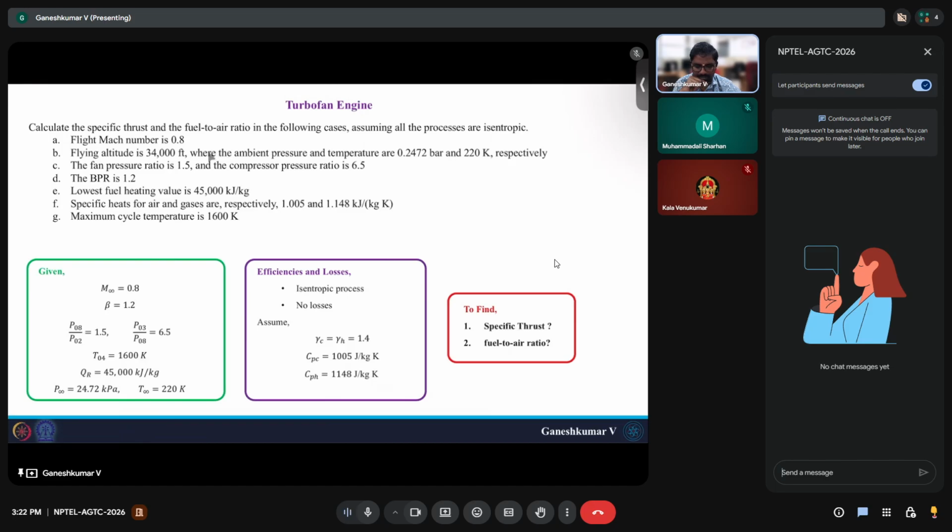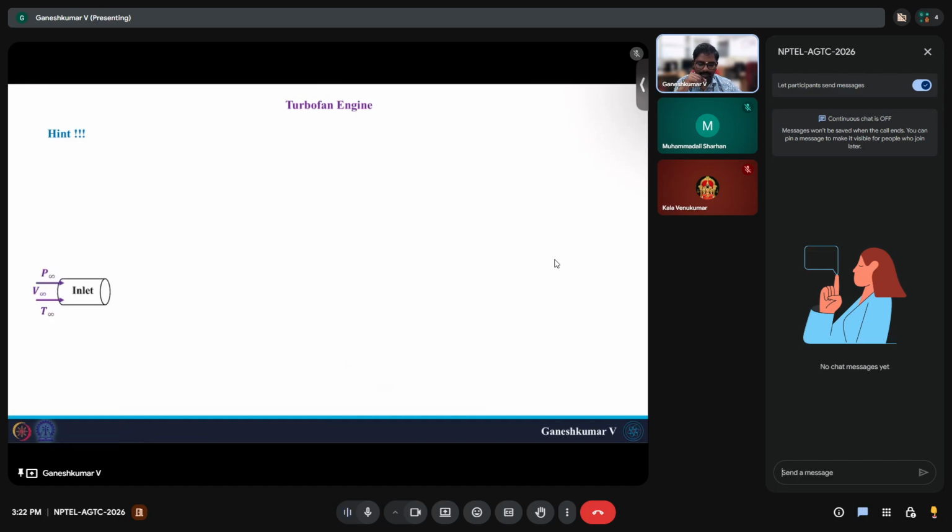You should note that here the mass flow rate of air is not given. That's why they are not asking for thrust, since thrust requires the mass flow rate of the air. Here they are asking just for specific thrust, which means thrust per unit mass flow rate of the air. So it's the same procedure. There is no change. Only additional components you need to